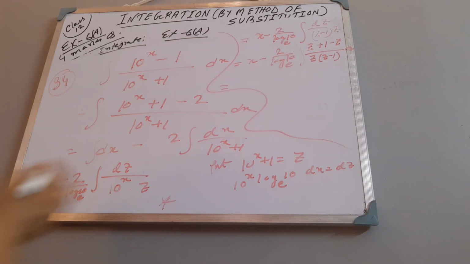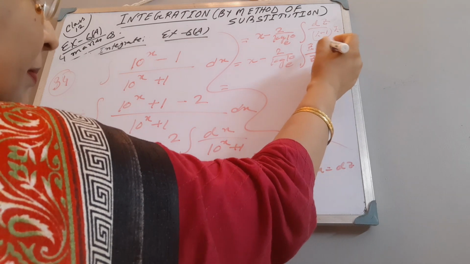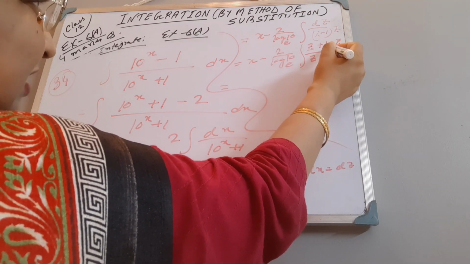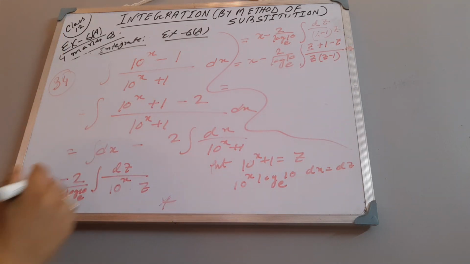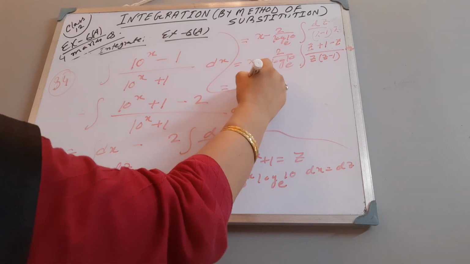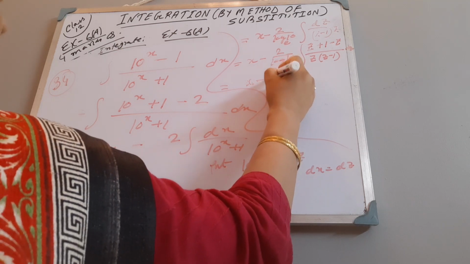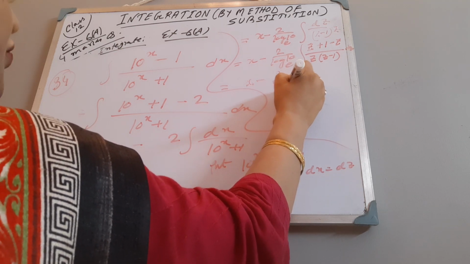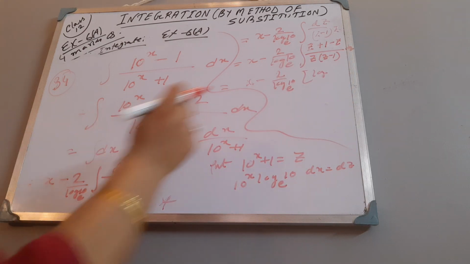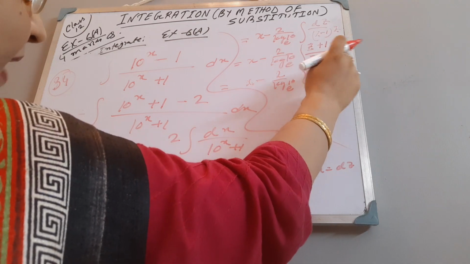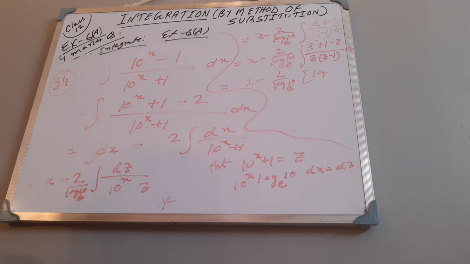Okay, now same as before, we will just split this z by z into z minus 1 plus 1 minus z. When we will take minus 1 common, it will be z minus 1 automatically. So this part, then what we will write, x minus 2 by log 10 to the base e. This is coming, as it is coming, integral z by z will be cancelled and integral 1 by z minus 1. So integral 1 by z minus 1 dz means log z minus 1.